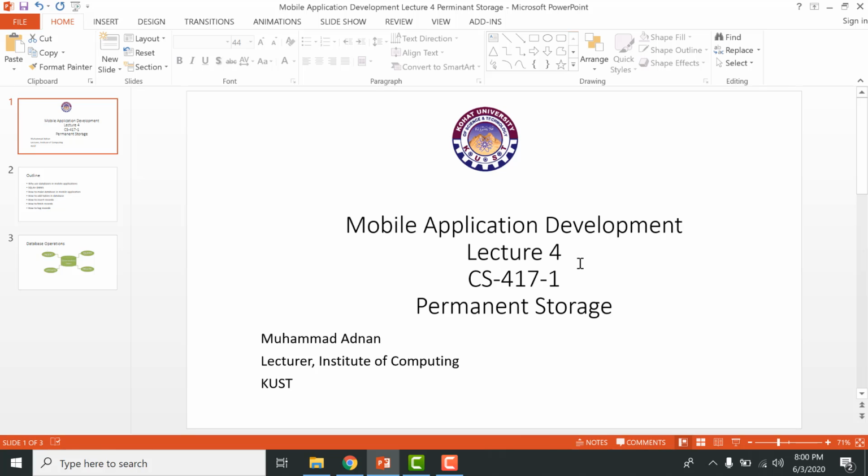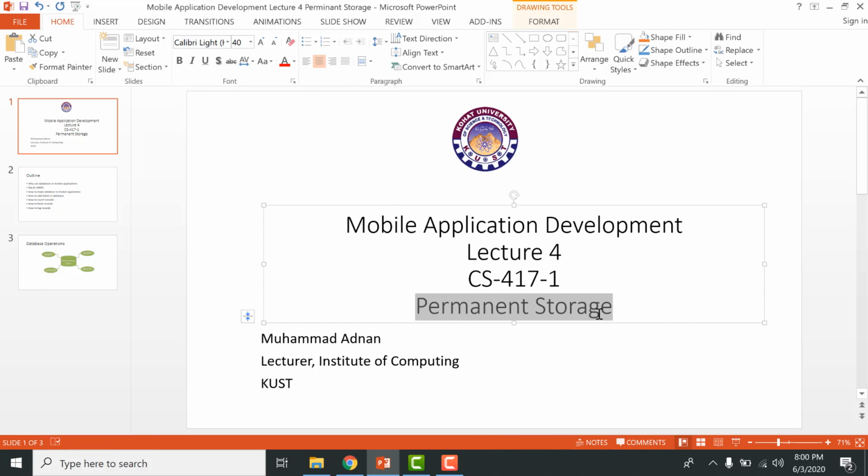And you design and create databases using software commonly known as DBMS, database management system. So today we are going to study how to store data permanently inside your mobile app,